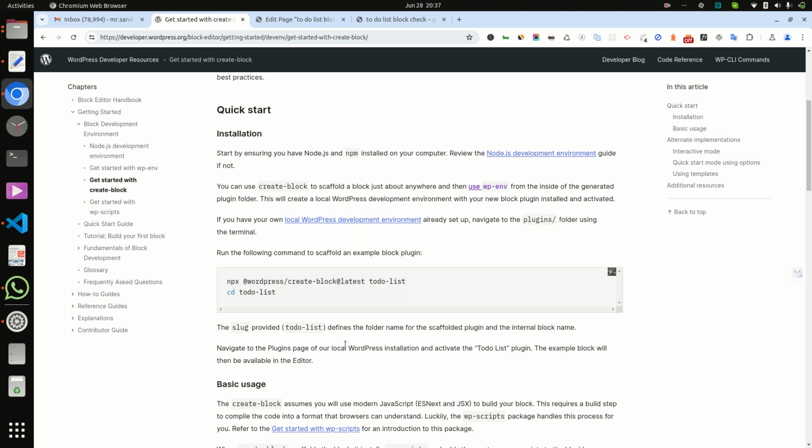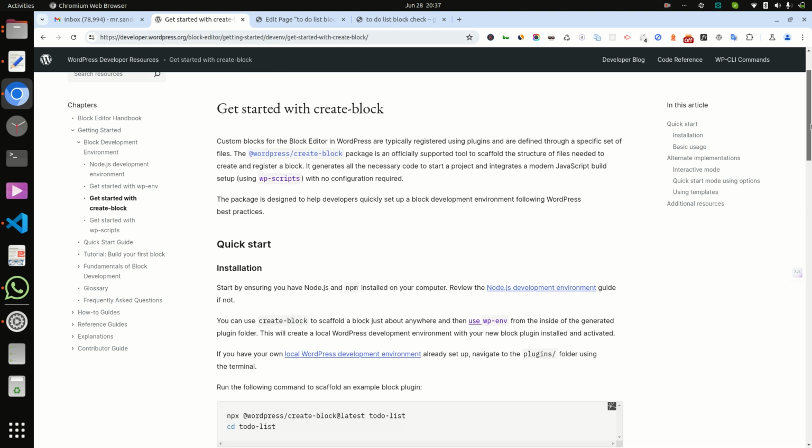And what is the benefit of learning block development? If we work with WordPress VIP, if we work with core things and speed, as we know, Gutenberg block is best.